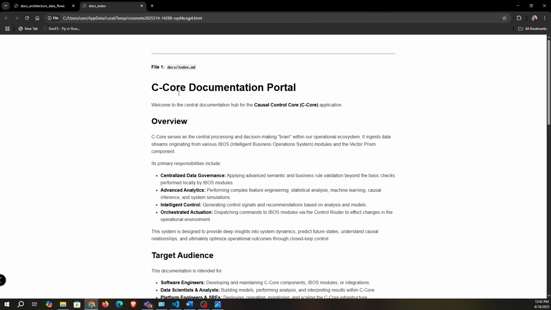Right here is our first index module. Welcome to the Central Documentation Hub for Causal Control Core. This is our development project right now. C-Core serves as the central processing and decision-making brain within our operational ecosystem. It ingests data streams originating from various business operating system modules and from the Vector Prism component. Its primary responsibilities include, number one,